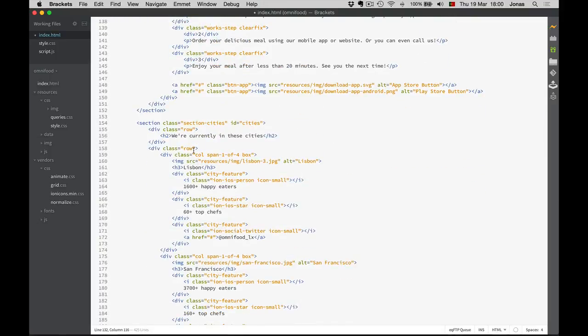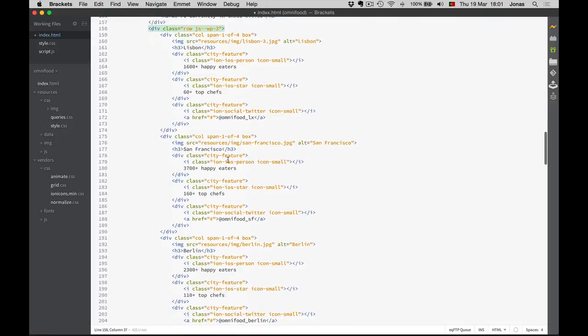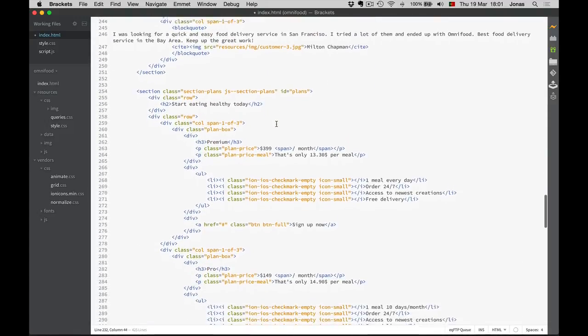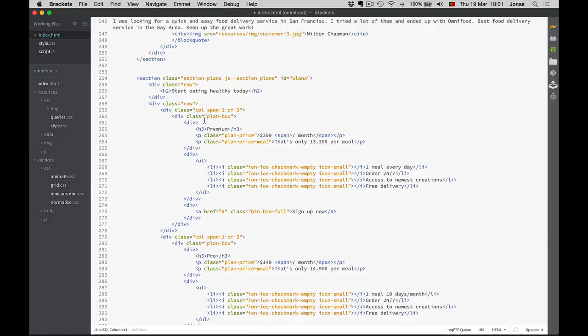Now the cities, in fact the entire row, such as before. So this is the JavaScript waypoint number 3. And then, so where's this pricing plan that I want? It is plan box, exactly this one. So here I will add JS waypoint